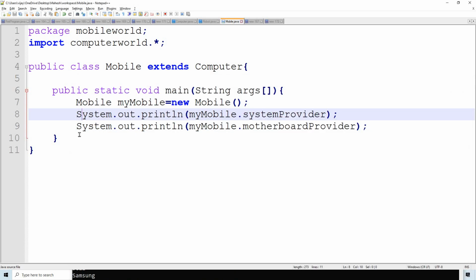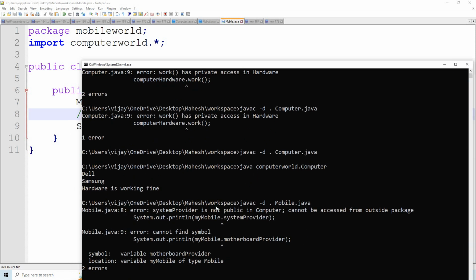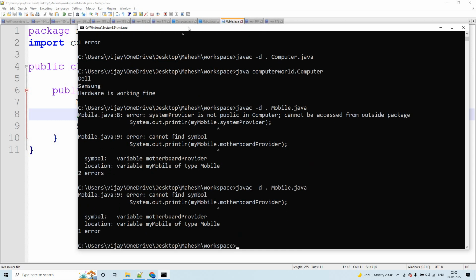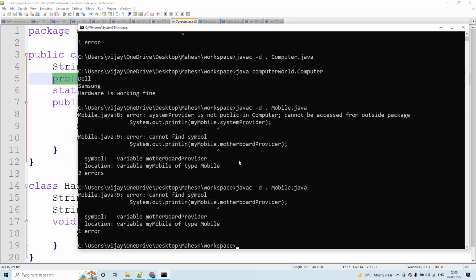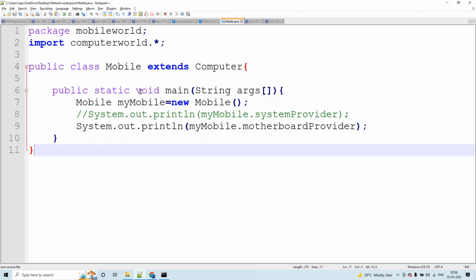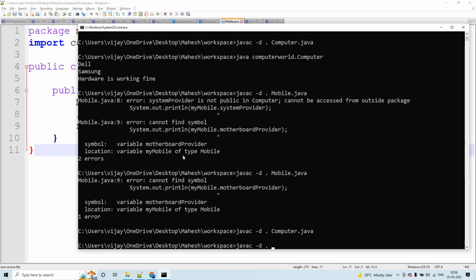So for that, what we will try to do is we will just comment it. Okay. Now we will try to compile. Okay. And now we see another error saying that cannot find symbol and my mobile dot motherboard provider. This is happened because we added the variable just now, right? We have to recompile it. We missed that, right? So for that, I have to recompile my original program, that is the parent class, and then try to compile my program, that is the child class mobile. So if I do that,